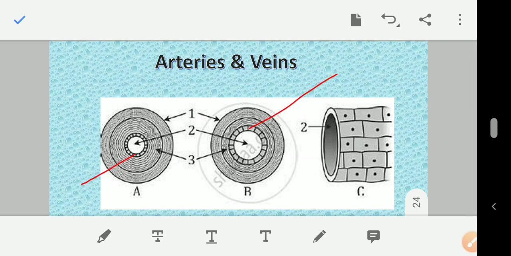So this is all I want to discuss in this video. In the next video, I am going to discuss whatever diagrams are left and some diagram based questions. And I am going to discuss how to draw different diagrams.